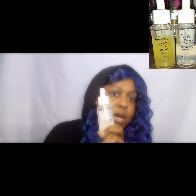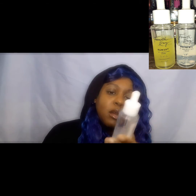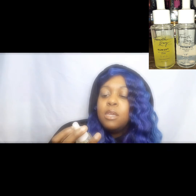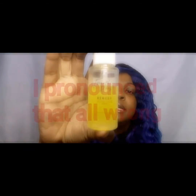This is also, I think, my second bottle of this, because it's that amazing. And I put this on in the morning after I do moisturizer, and I put it on at night. The Remedy 10% NiCam serum has vitamin B3 in it, and it's supposed to help with skin clarity. I don't use this as much, so you can see the bottle is still halfway full. I'll mix this in with my hyaluronic acid if I remember to do so, but I don't use it as